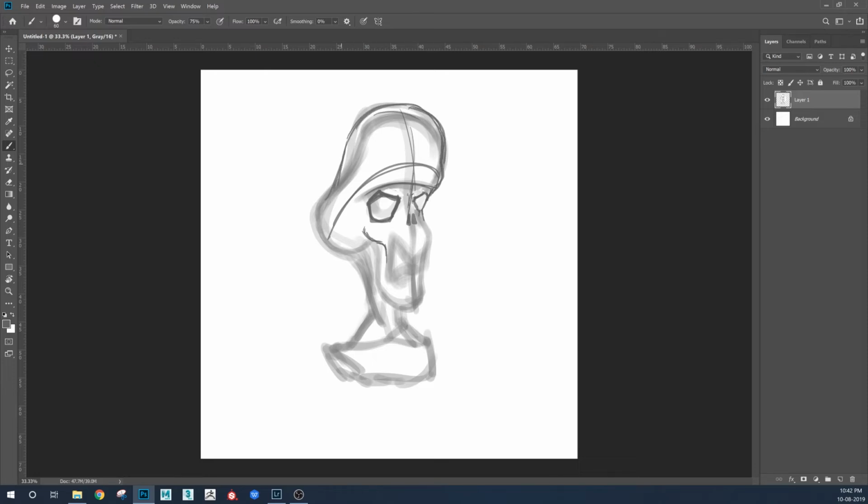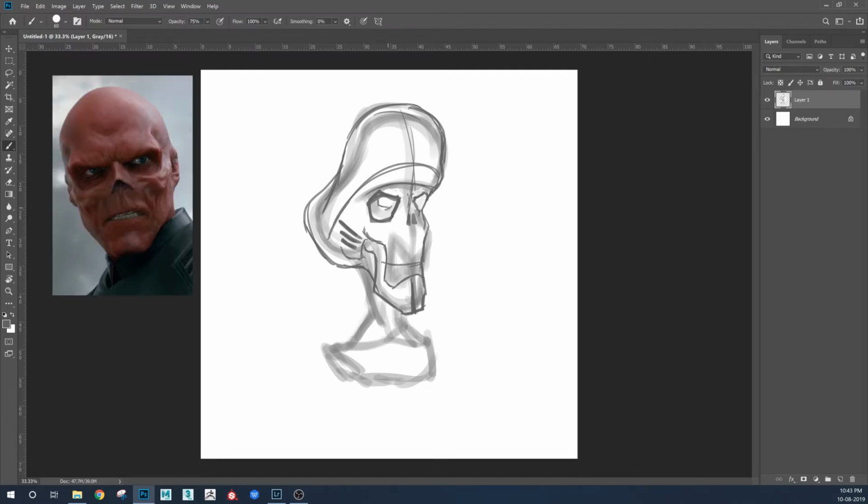Made the nose with skeletal features, hardened jaws, and a broad smile. I'm taking the reference from the Red Skull at this place for getting the eye feature and the way it looks,